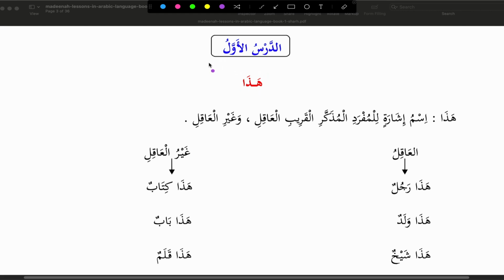Inshallah biznillah, in this series we are going to read this book which explains the grammar rules and the grammar things that are related to grammar in the Madinah Book 1 series, inshallah biznillah. Our primary focus is to read the Arabic texts and understand the grammar rules and what is happening. I will give explanations in English here and there, but I'll also read all of these things as is mentioned in Arabic, as it is explained here in Arabic, inshallah bidnillah.